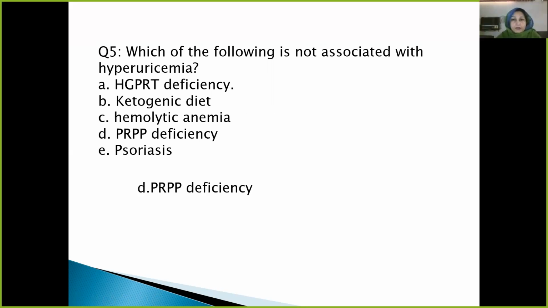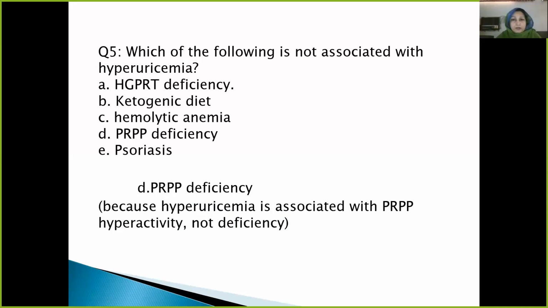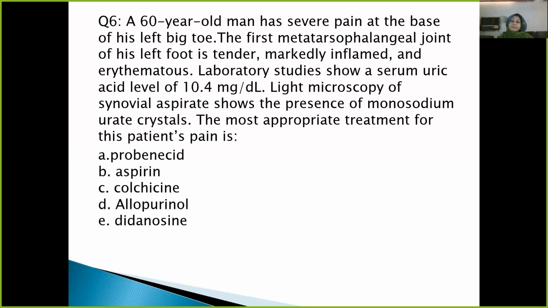Next question. A 60 years old man has severe pain at the base of his left big toe. The first metatarsophalangeal joint of his left foot is tender, markedly inflamed and erythematous. Lab studies show a serum uric acid level of 10.4. Light microscopy of synovial aspirate shows the presence of monosodium urate crystals. The most appropriate treatment for this patient's pain is